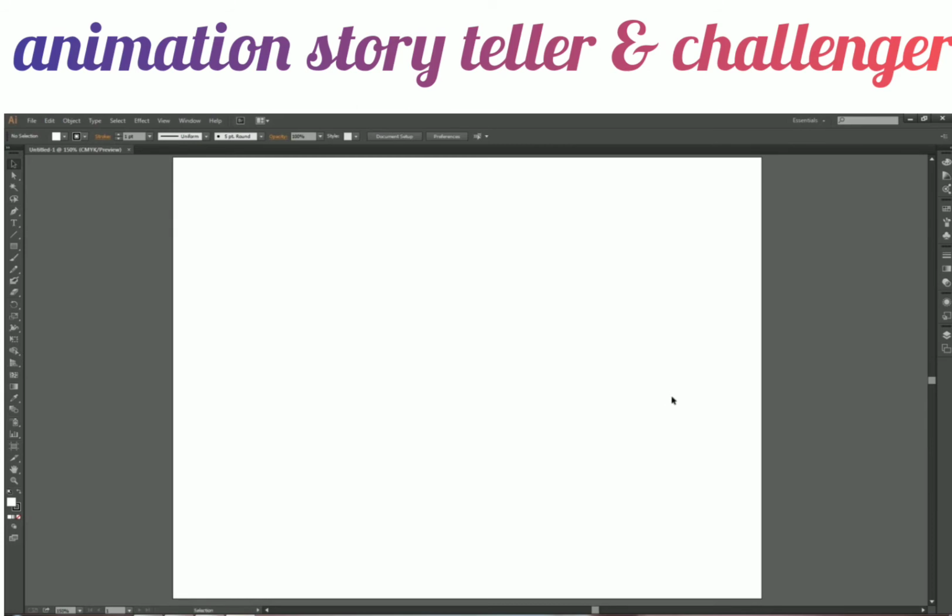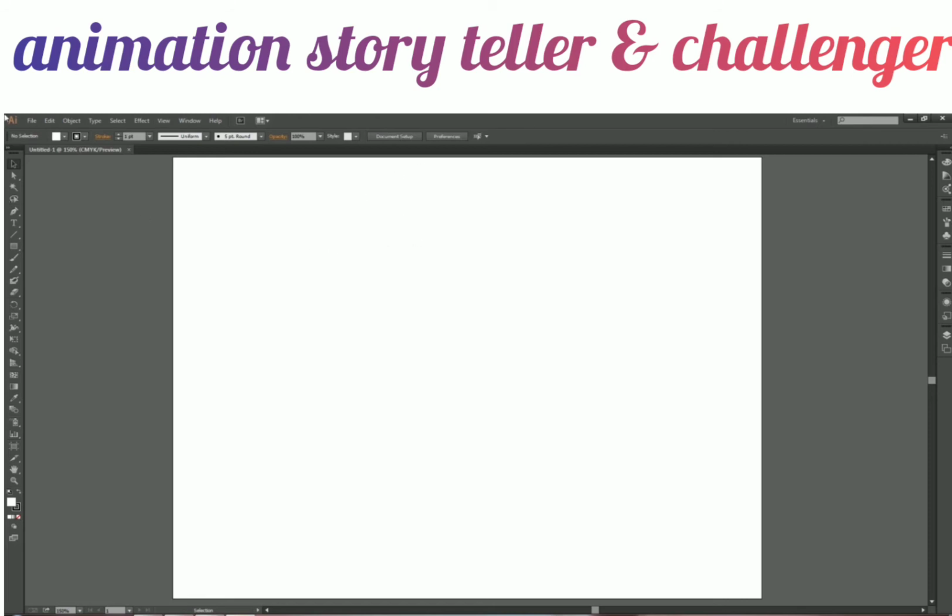Okay, so we are done with canvas navigation controls. Now let's see some drawing tools. I mean, if I am to draw something, then what should I do? On the left we have a toolbar, or actually, before covering the toolbar, we should look at the interface first, how this interface works.